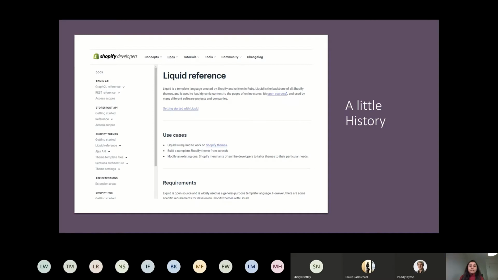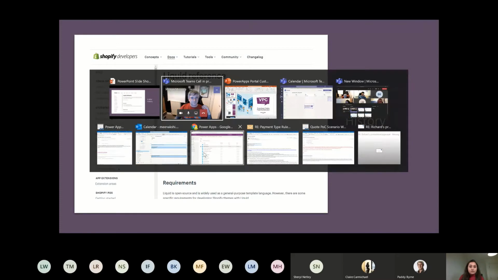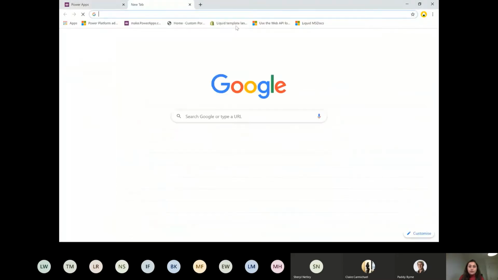We can also see the Liquid reference on the Shopify website if you would like to learn from the basics, from just the ABCD. Apart from that, we have nice documentation on MS Docs. Let me go here and show you where these documents are.